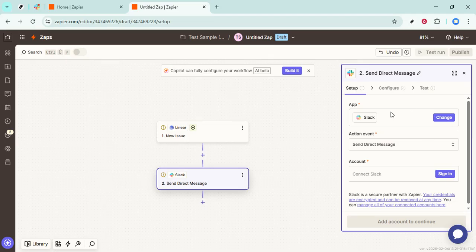That's it. Your Linear to Slack connection is ready, ensuring new issues are surfaced to the right people at the right